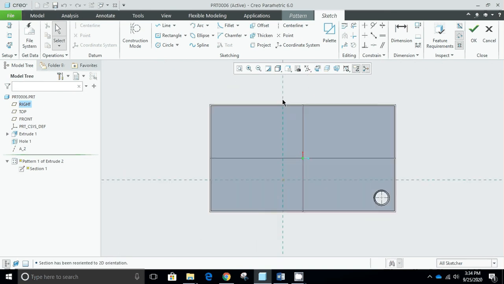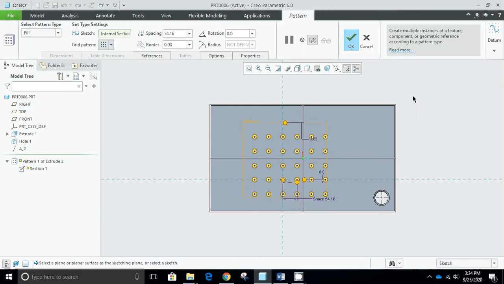Sketch view, I will define a rectangular sketch, corner rectangle, in which the feature will be filled. Press OK, Control D,